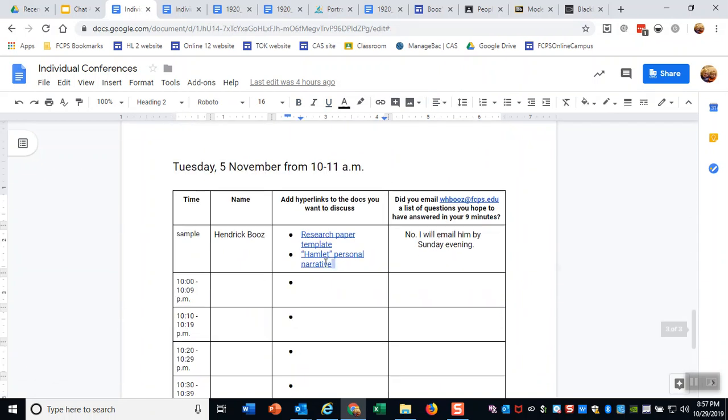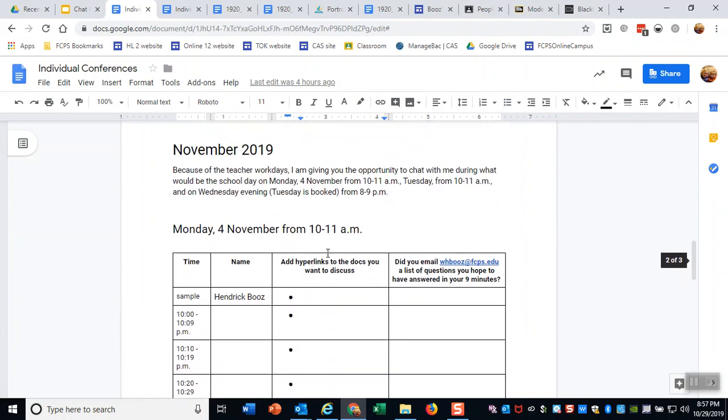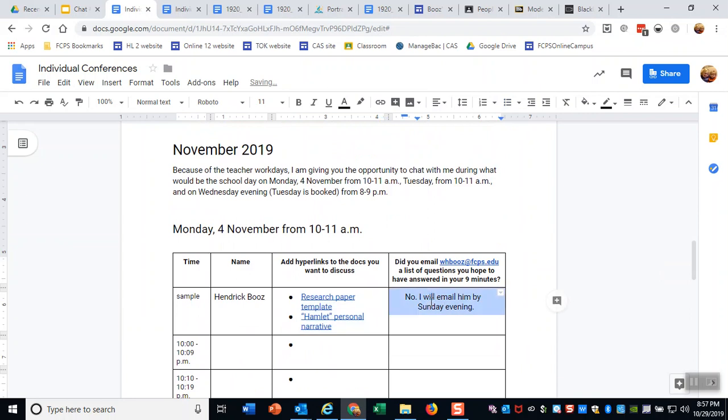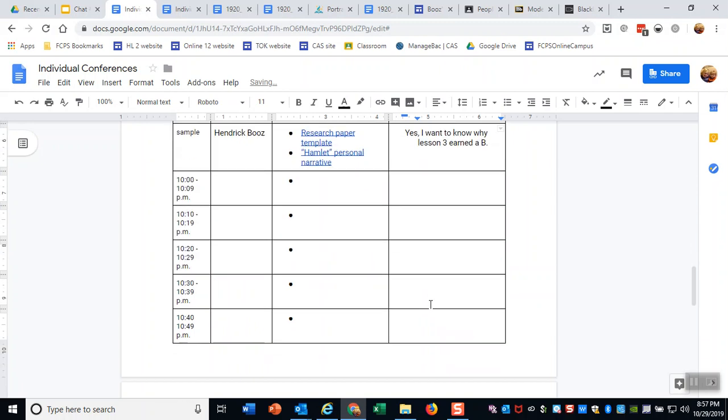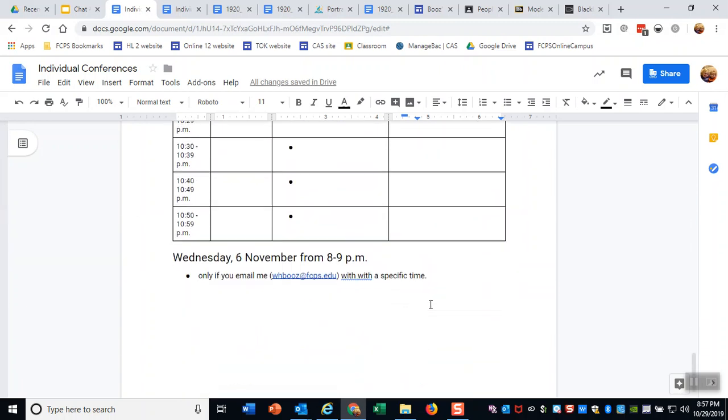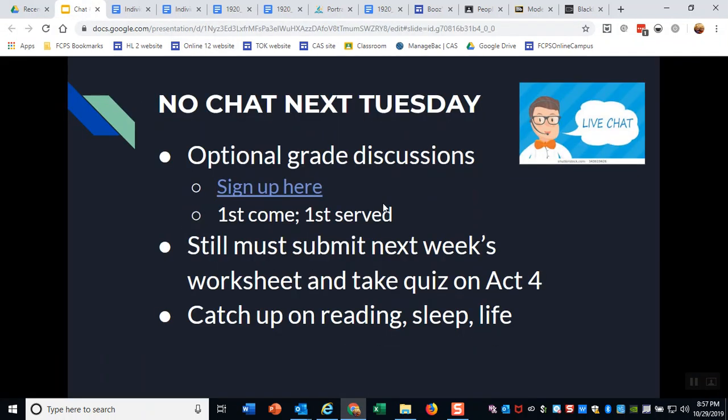And I'm just going to quickly fix this to give you a sample of what I want you to do. I want you to hyperlink any documents I need to look at. And I'm going to give you an example. Yes, I want to know why lesson 3 earned a B. So something very specific will help me very well on that end.